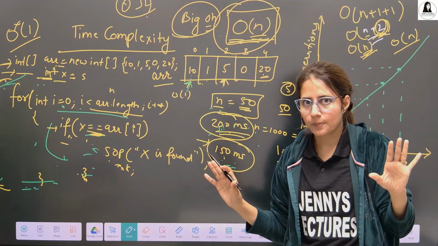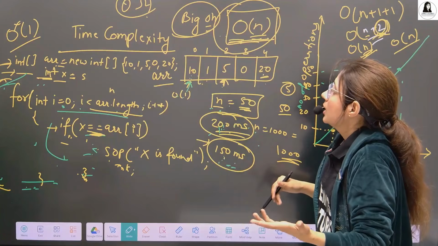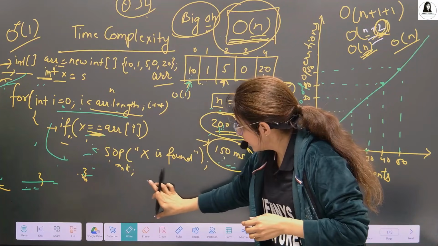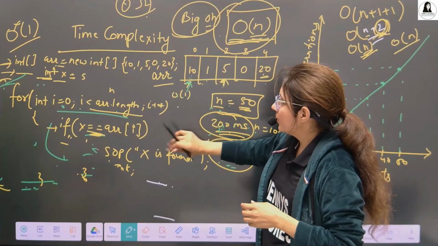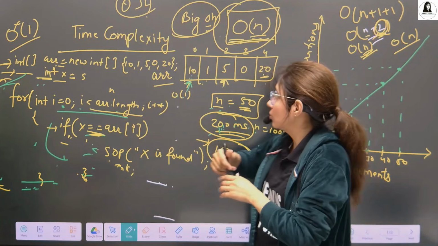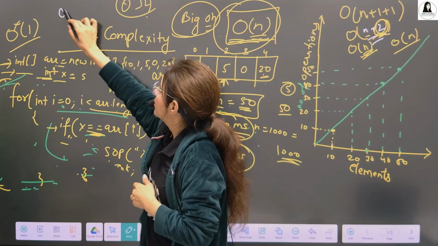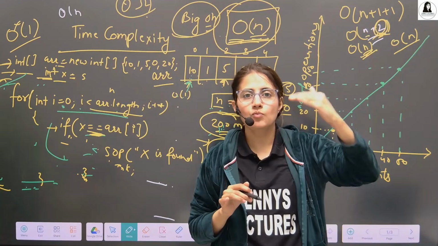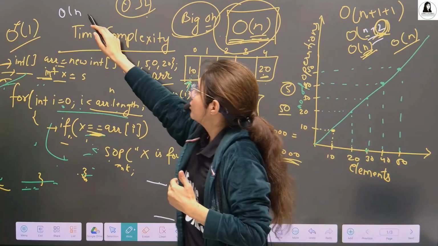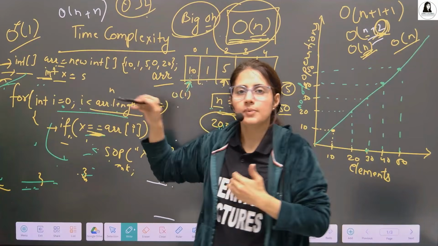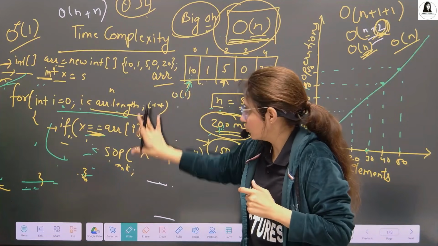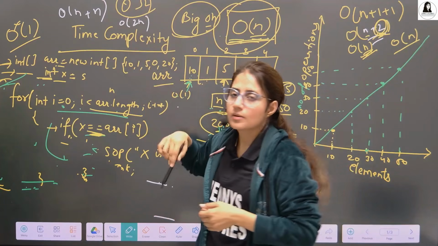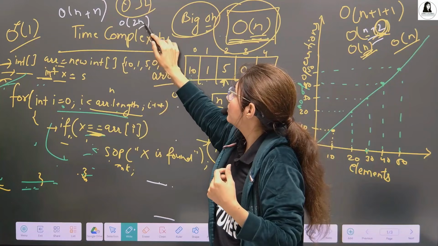Ignore the constant. Suppose there are two loops, and again we have the same loop. So this loop takes order of n comparisons. One more loop is also running from 0 to n, so that is also n. So it would be n plus n, since they are exactly the same loop in the program. So it becomes order of 2n. We ignore the constant and that would be simply order of n.